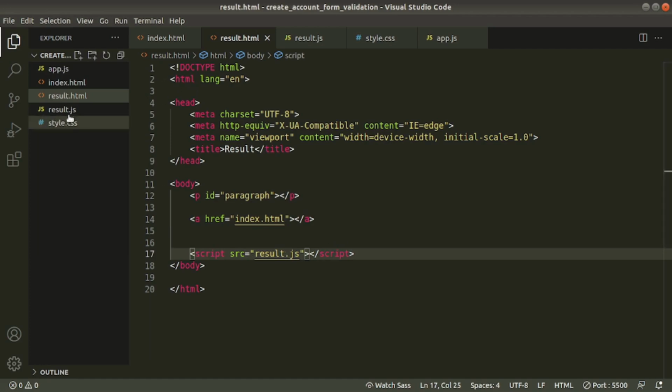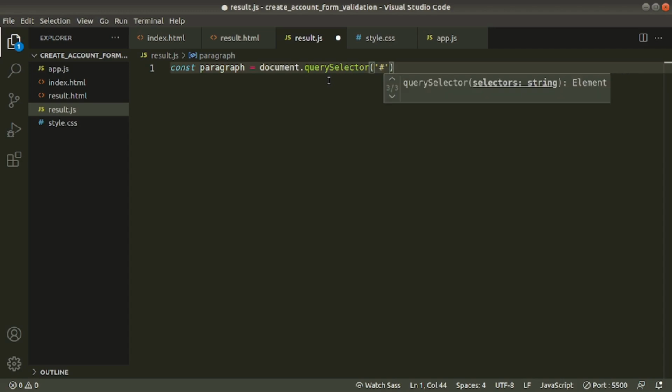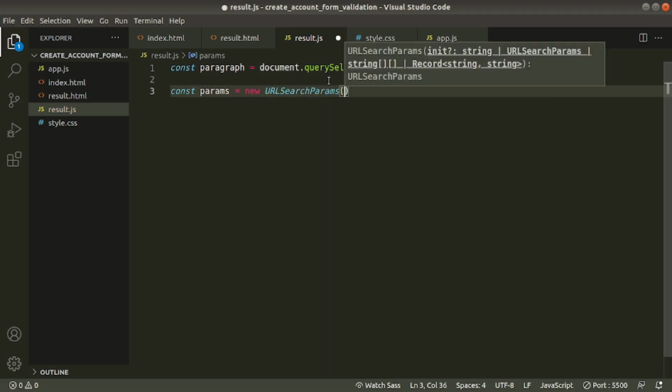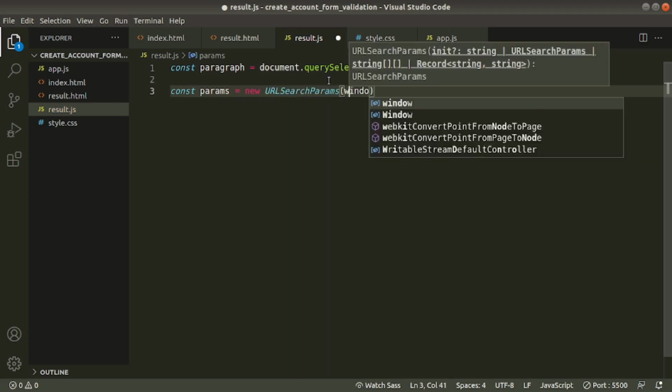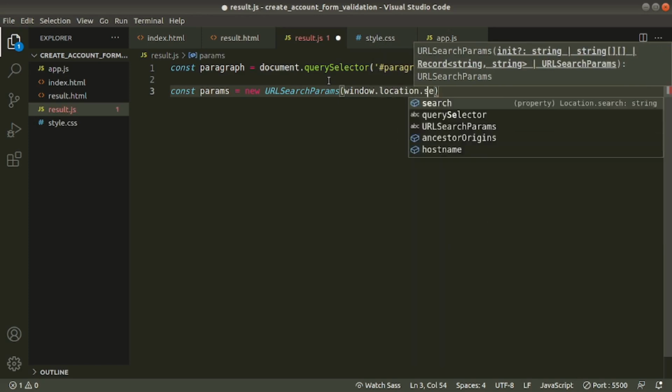So go to result.js. First we'll access our paragraph. We gave ID paragraph. Later, in order to take query string values, we use URLSearchParams. Inside give window.location.search.